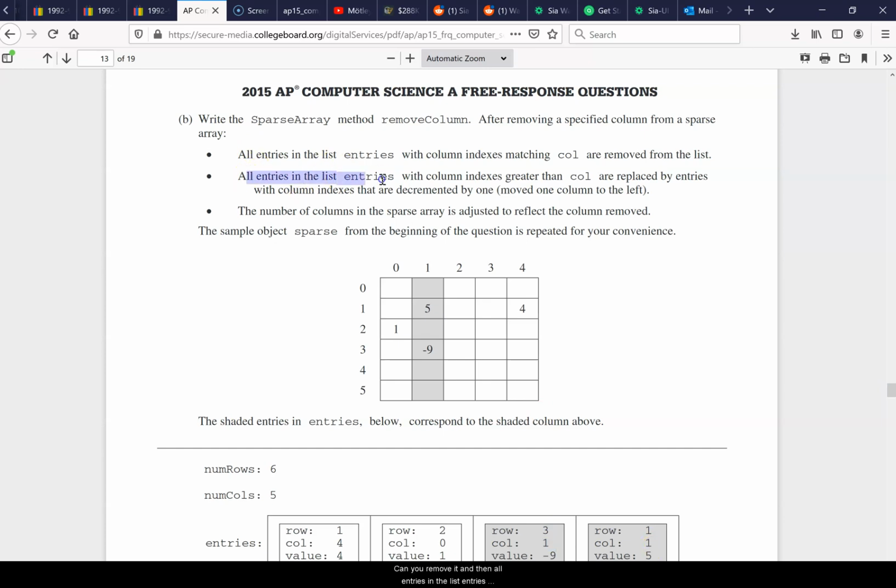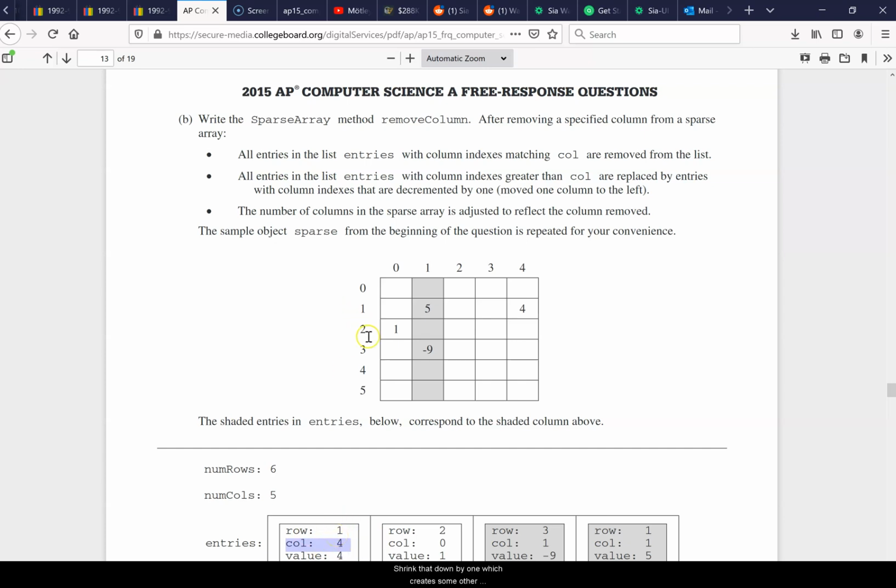And then all entries in the list entries with the column index that are greater than column are replaced by the entries. So 0 is not greater than 1, so you don't do anything with it. And column right here, 4 is greater than 1, so you want to